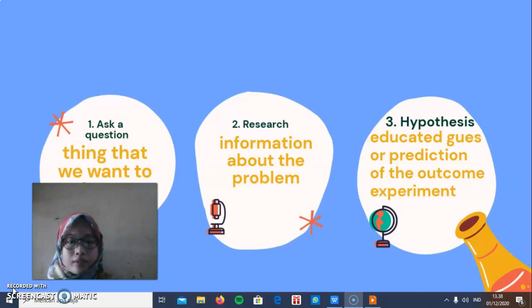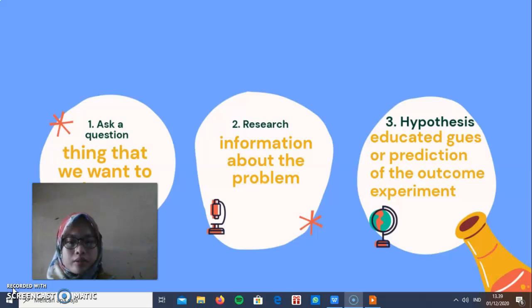And the second step is research, information about the problem. Find out as much as we can, look for information in a book, on the internet, and by talking with a teacher to get the most information you can before you start the experiment. In this step, include facts about the subject, background information that we have read, discussed, or have prior knowledge about.